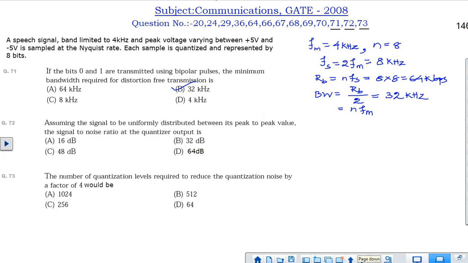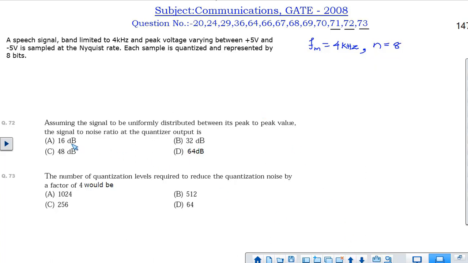Next part, question number 72. In question number 72, it is asked, assuming the signal to be uniformly distributed between its peak to peak value, the signal to noise ratio at the quantizer output is. So SNR we have to find out in this pulse code modulation,